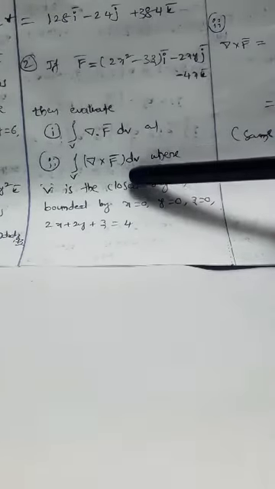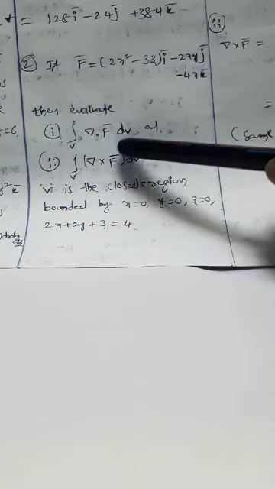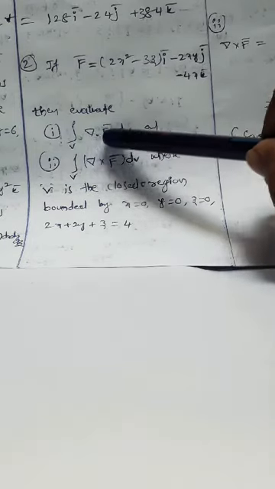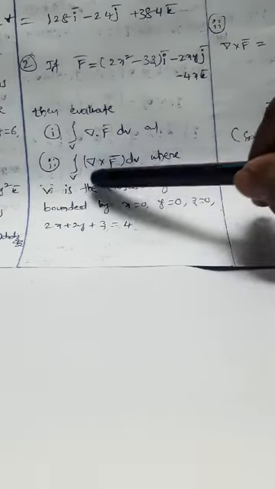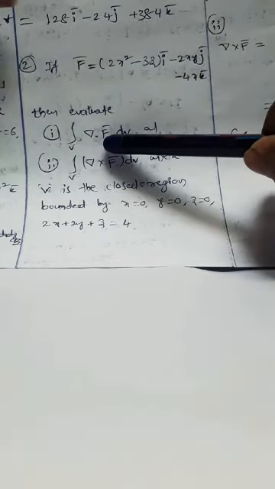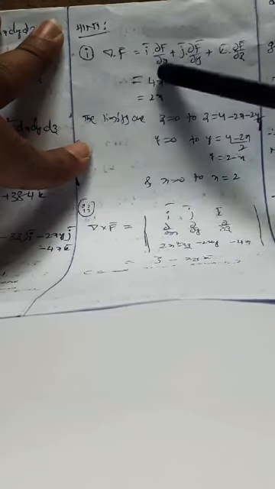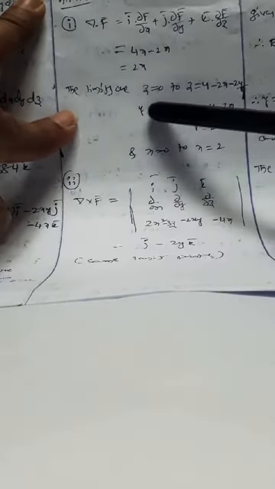Clear? Now the similar problem, the same one, but in the next question he has given it in the form of del dot f dv and del cross f. Don't get confused. You may treat this as the volume integral of f dv, but before that you have to simplify del dot f. You know del dot f is i dou a by dou x plus j dou a by dou y plus k dou a by dou z. Simplify, you will get 2x. So this is f.